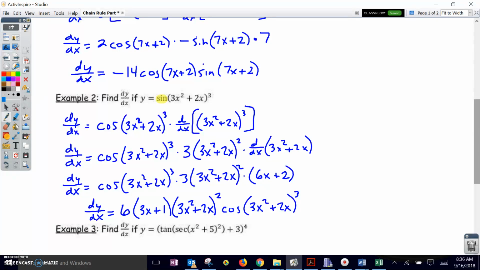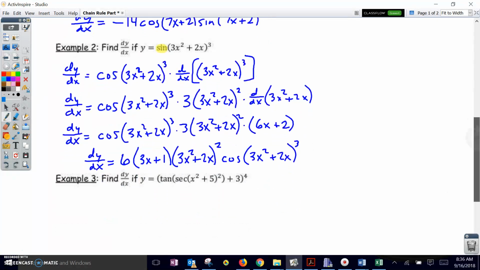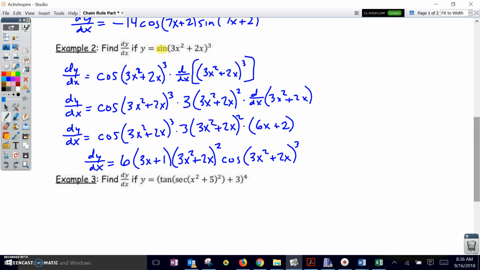Oh my goodness, look at example 3. Whoo! We have what? 1, 2, 3, 4, 5 functions in composition here. This one's going to be a doozy. So I look, and my outermost function to start with is raising something to the 4th power. So dy dx is going to be